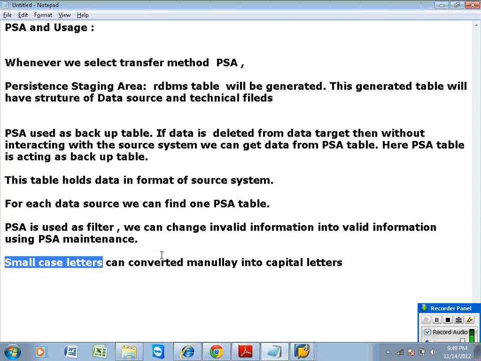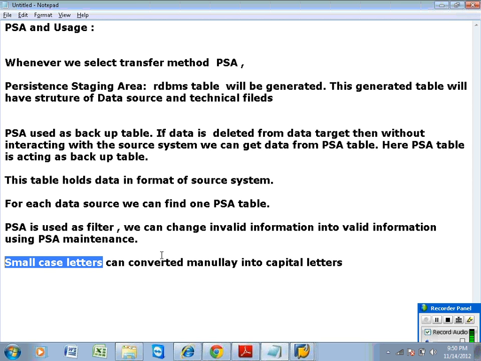If you convert them into capital letters, then it's valid information. SAP BW Info Objects won't accept small case letters by default. If you try to upload small case letters into the SAP BW Info Object, then your loads may end up with errors. That's the reason PSA will allow you to convert small case letters into capital letters.